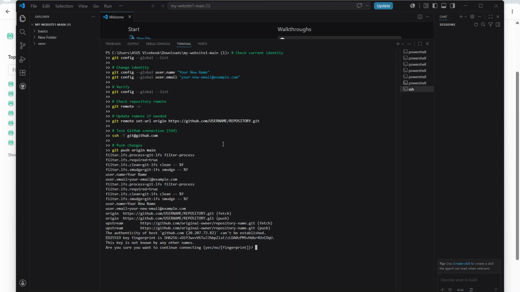Testing the GitHub connection is another crucial step, especially if you use SSH for authentication. Run ssh -T git@github.com in your terminal to verify that your SSH keys are correctly configured and that you can